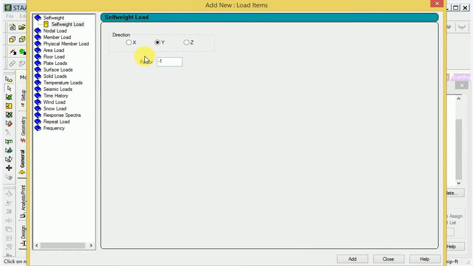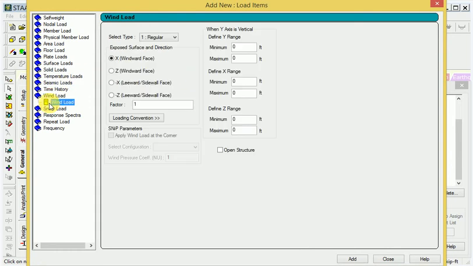So wind load here, and this is the x direction, and the height is 15, maximum height. Start from 0, then 8. Next minus x direction, start from 0 and maximum 15 feet.